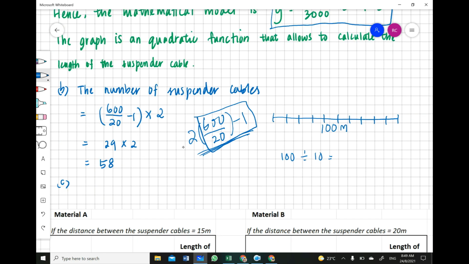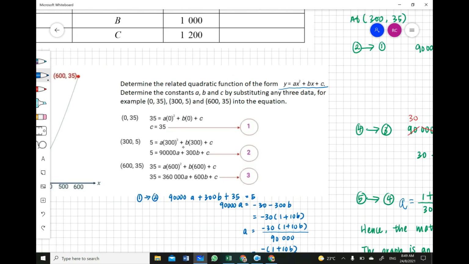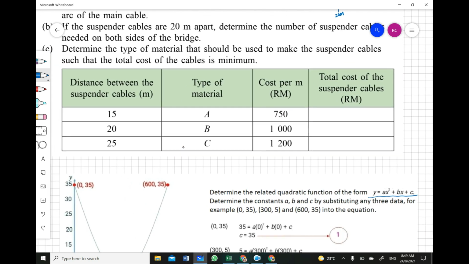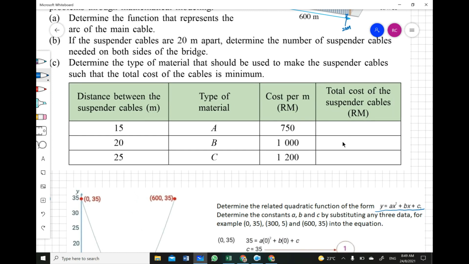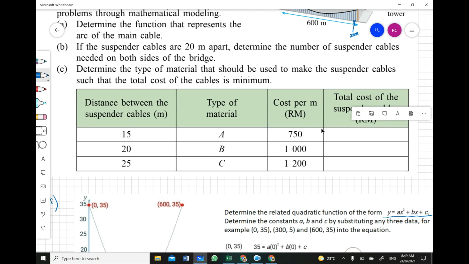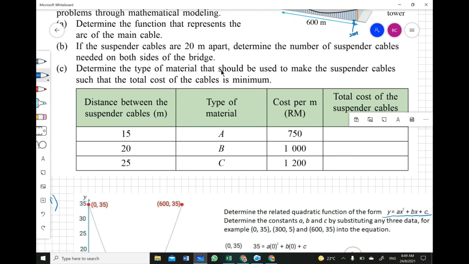Okay, now, the third one, I think none of the groups got the correct answer. You only showed me how to get the correct answer at the back, the total cost over here. So we look at this question, the last one here. Determine the type of material that should be used to make the suspender cables such that the total cost of the cable is minimum. They want the least amount of cost to build the bridge. So they give you the different distances over here. The one that we have just now is 20 meters apart. So you are also asked to find out if it is 15 meters apart and also 25 meters apart